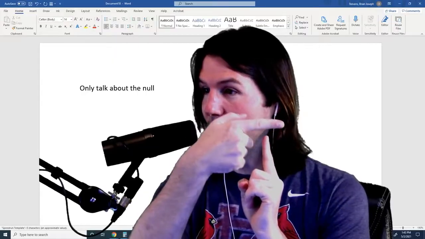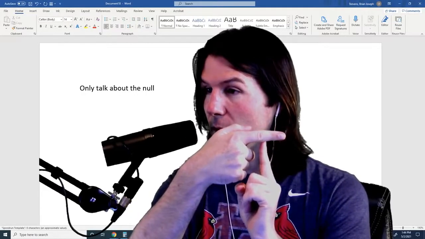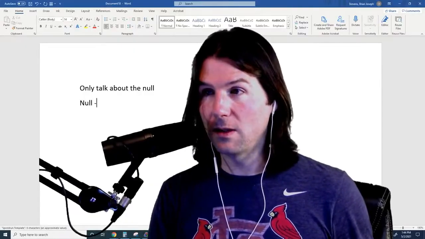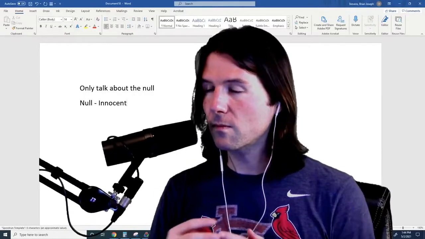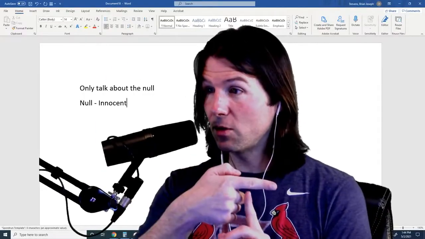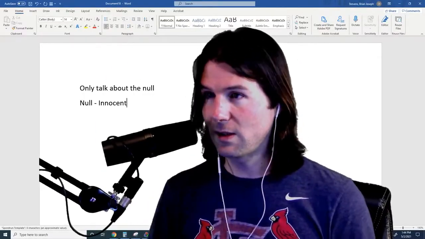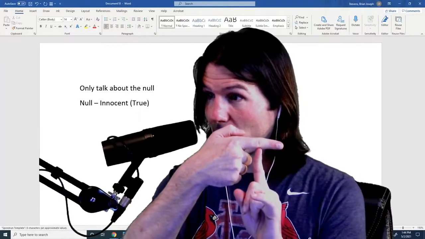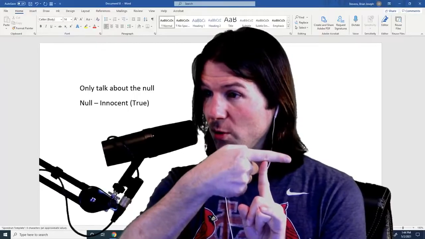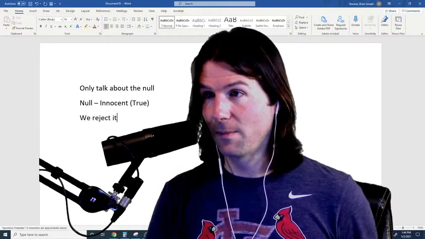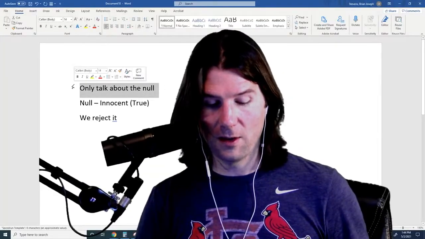But in a type 1 error, the null is true. Think about a court case where the null is innocent. It is true that someone is innocent. That's what we mean when we say the null is true. The null being true means it is true you are innocent. So this would be true in a type 1 error. That's the T right there that we're making. So in a type 1, the null is true, but what is the wrong mistake we're going to make? We reject it.